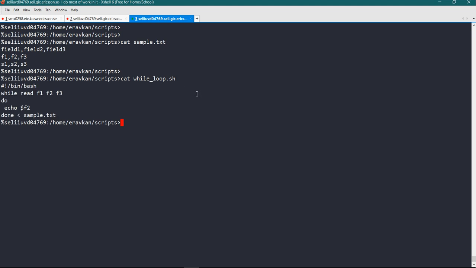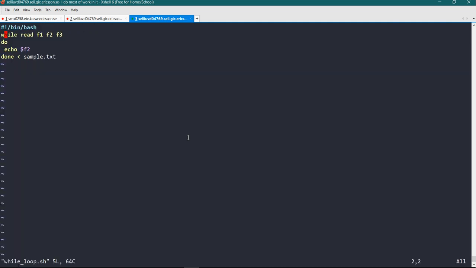And this is my script. So if I run my script, you will see no output is coming from my while loop. Why? Because my file is a CSV file, so the field separator is comma, and I need to specify the IFS as comma. So how can I do this?